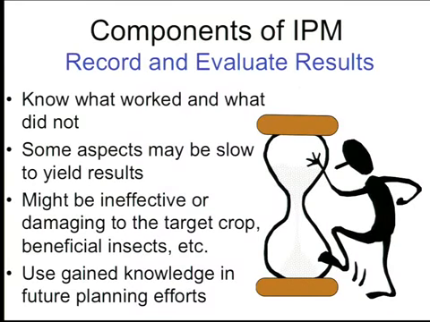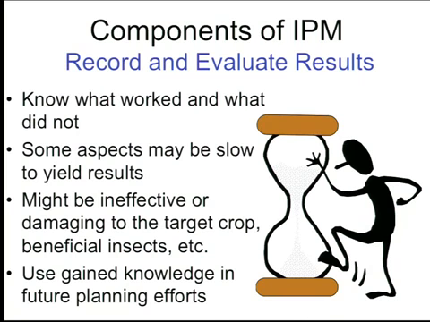So one thing is to record and evaluate results. Always take notes. Have a field manual where you put the date and say, today I applied this, I did this, and then evaluate. Oh, two weeks later I found that it worked. I did this and my aphid population went down. So know what worked and what didn't work. Some tactics may be slow in result. That doesn't mean that they don't work. They work in the long term, so you have to be patient. Your time horizon cannot be like one week. Did it work? No. Maybe a month, two months.